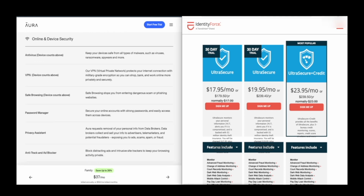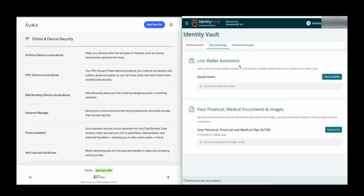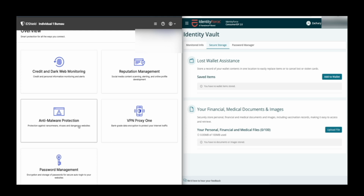You do get, by the way, password manager and secure storage with IdentityForce as well, and you get malware protection, VPN, and password management with IDShield as well. But